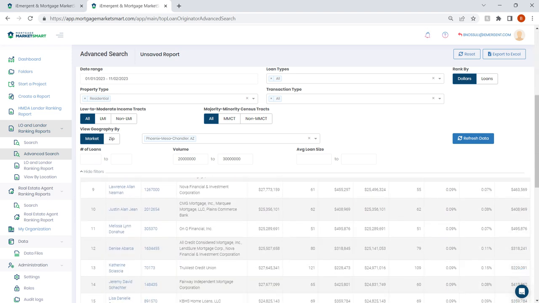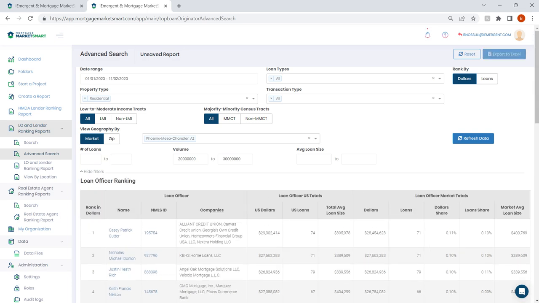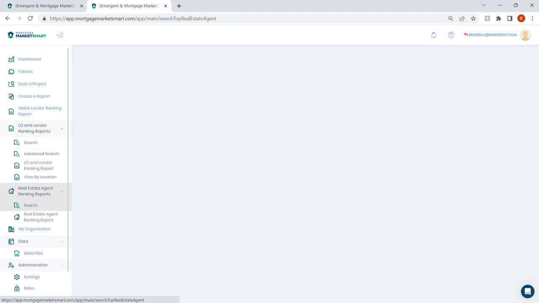So we can see the entire list. We can then export to Excel. So those are the two methods that you can use to search for loan officers. It's very similar when you search for real estate agents. All you have to do is come over here to this section, the real estate agent report, click on search,